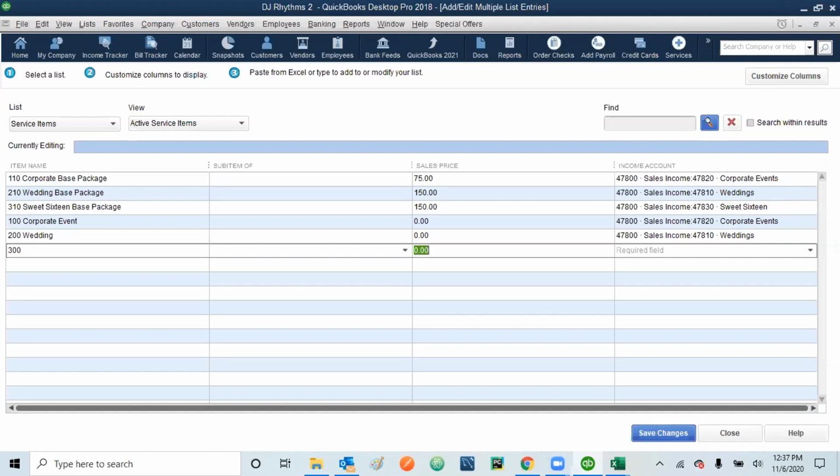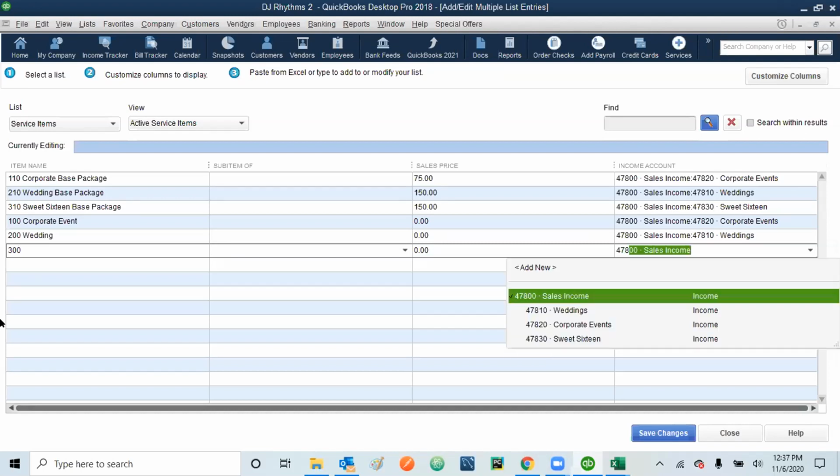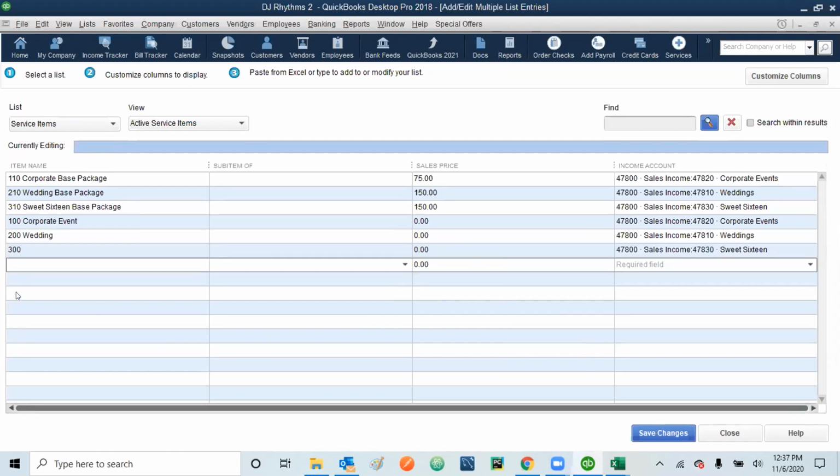I don't have the rate for this one either, so I'll just be updating 47830. And then, sorry, I just did not put the full name, 300 Sweet 16, right? And then I have the fourth one, which is 400 photo booth 1 hour,